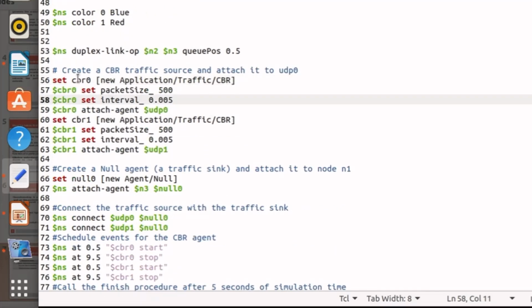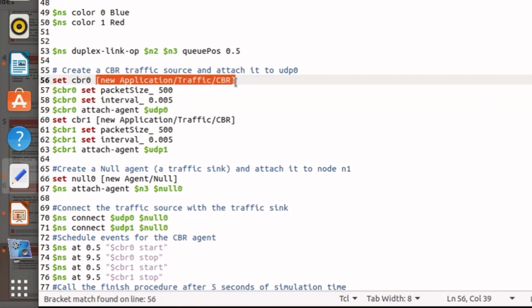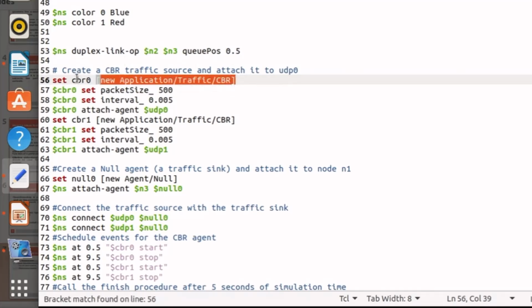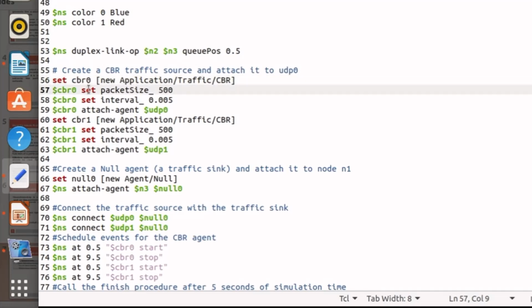To define it, the command is new Application/Traffic/CBR. This command creates a CBR agent named CBR0, which is the variable name, so set CBR0.